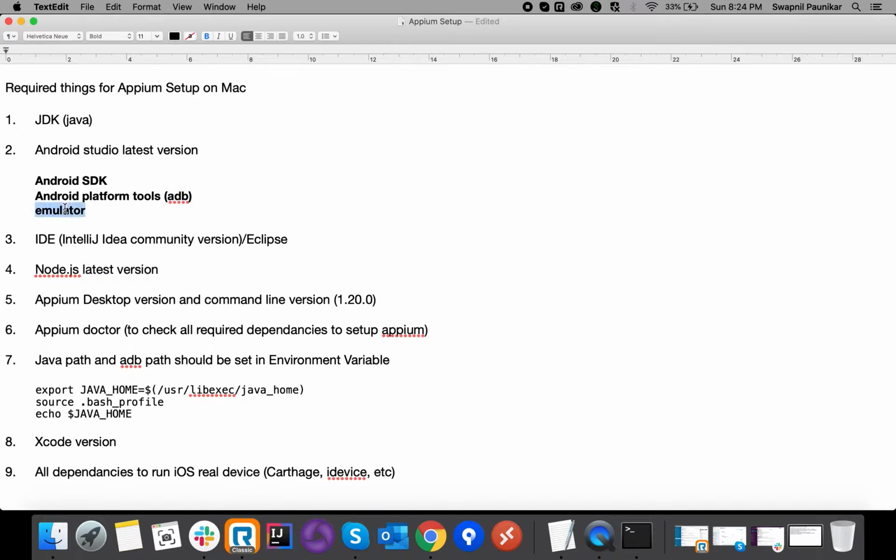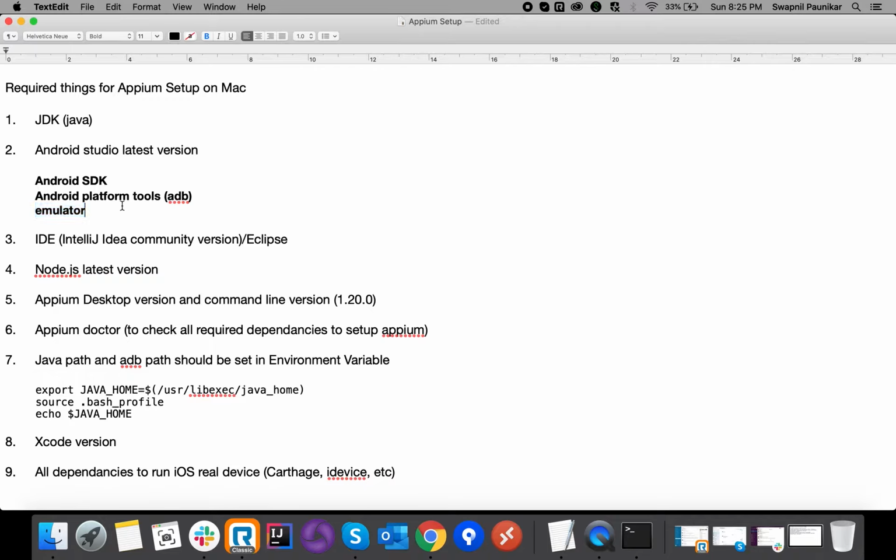Also, after installing Android Studio, we can create multiple emulators as per our requirement. Whatever the API levels, like API 29, 30, or even the newest version like Android 11 currently in the market, we can have an emulator of that OS version.